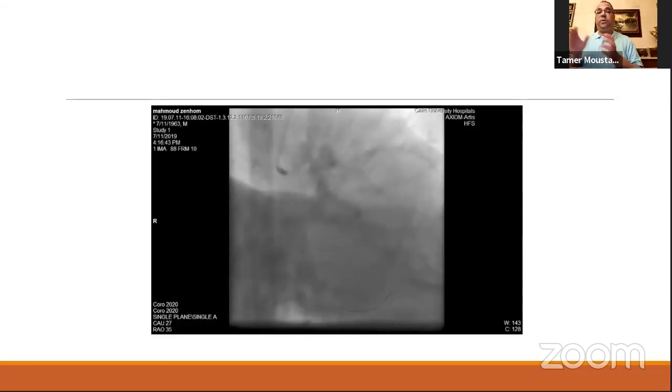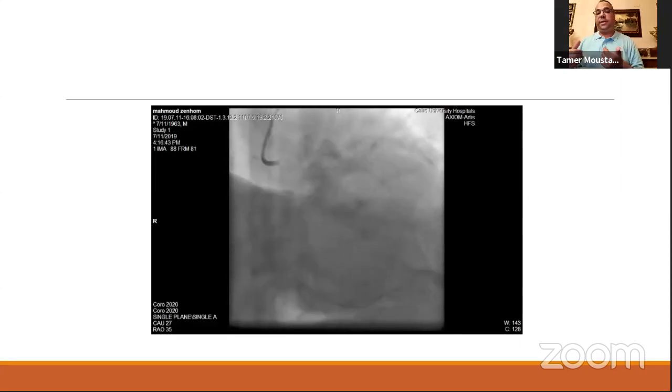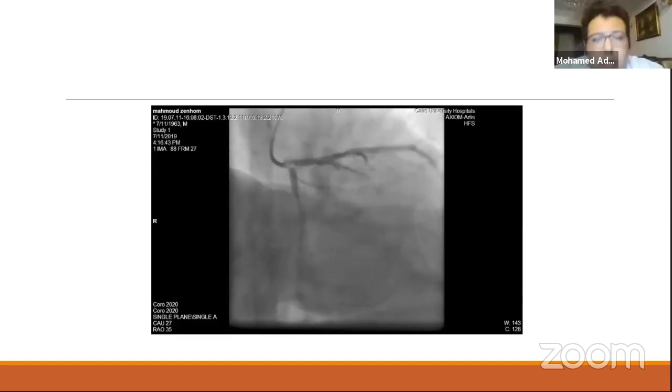You go first to treat the mid LAD, then proceed with the bifurcation lesion between left main to left circumflex and left main to LAD. Okay, this is your strategy after you have good flow in the left circumflex.